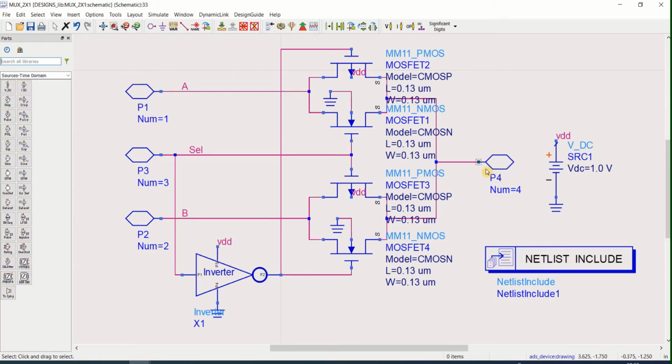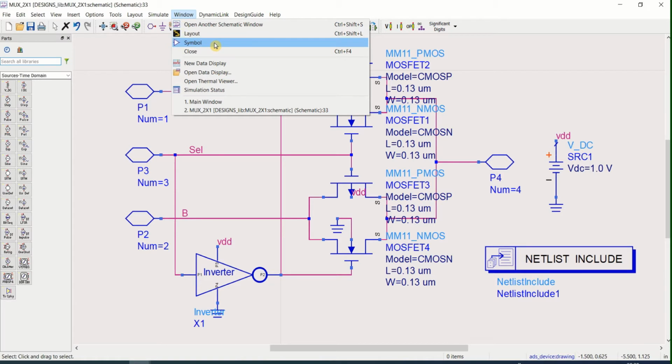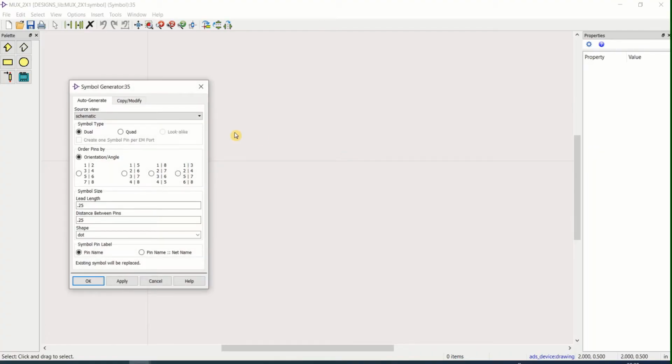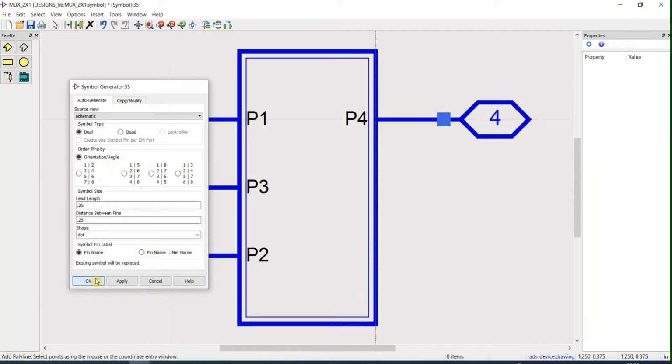You can convert this into a symbol. To convert that into a symbol, go to the window, click on symbol. Create symbol for this design. Click on OK.